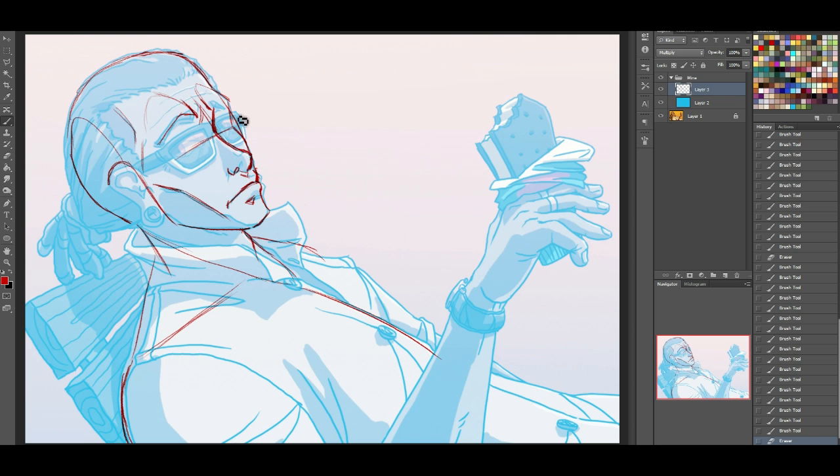Oh, but the glasses look great, by the way. I should have pointed that out. We just did one with glasses, so this is a lot of what you want to go for. Much better drawing glasses than I did. So